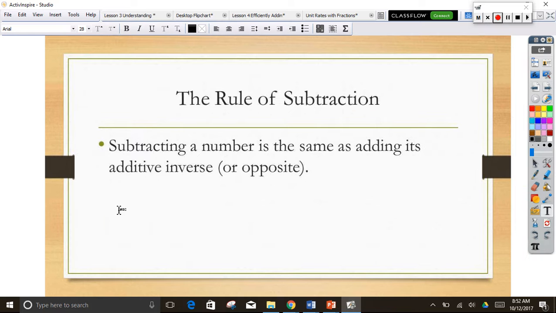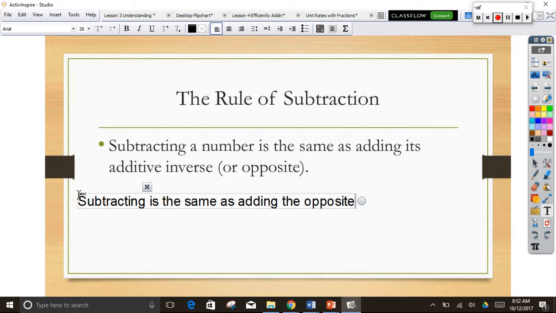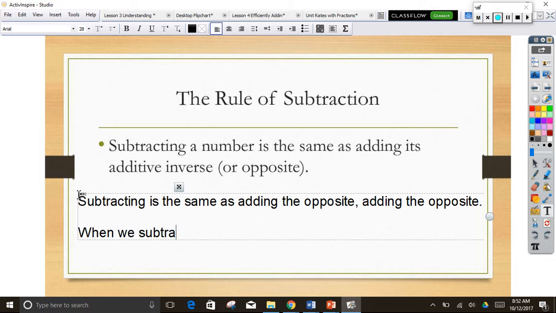And I'm going to type up the words to a new song. I'm going to write it out so that you can sing along and not get the words all tangled up. Adding the opposite. Okay, and then that's the refrain, and then the verse goes, when we subtract